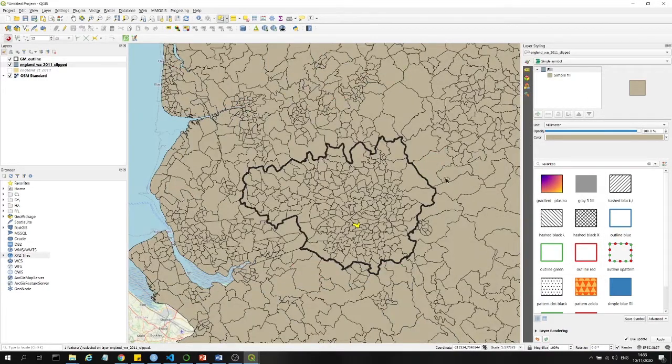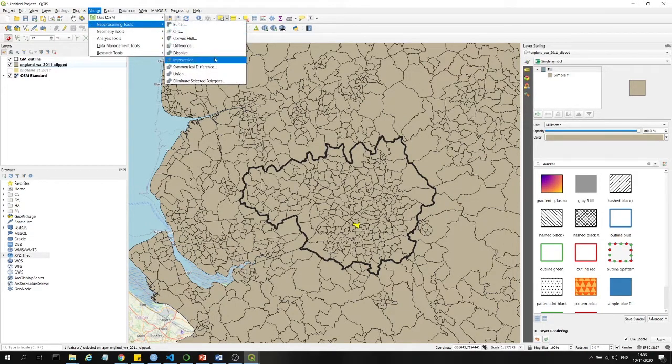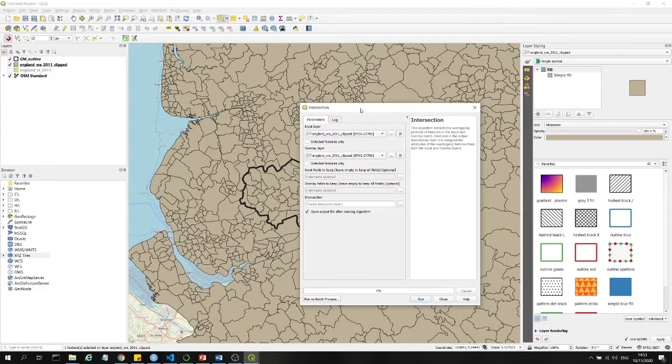So let's say now I want to select all these wards within the Greater Manchester boundary. What I need to do is go to Vector, Geoprocessing Tools, and then choose Intersection. Now we have an input layer, and this gives you an indication of what the algorithm does. The algorithm extracts the overlapping portions of the features in the input and the overlay layers. So we want to select the wards by this input layer, which is the Greater Manchester outline, and the overlay layer will be the